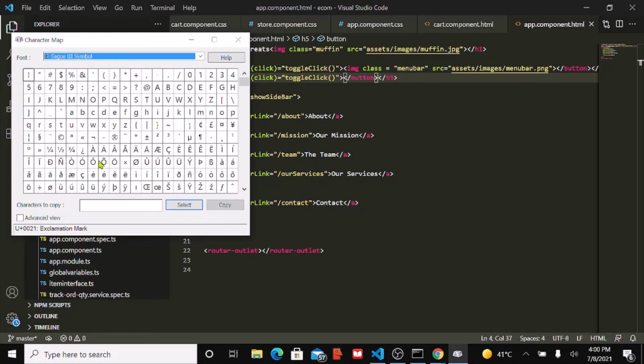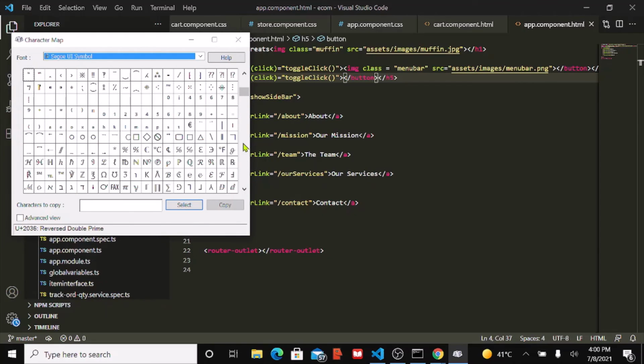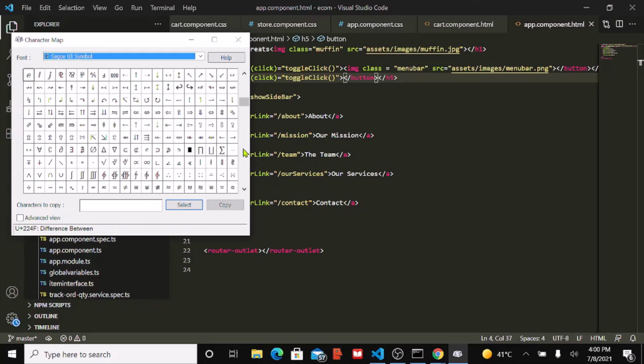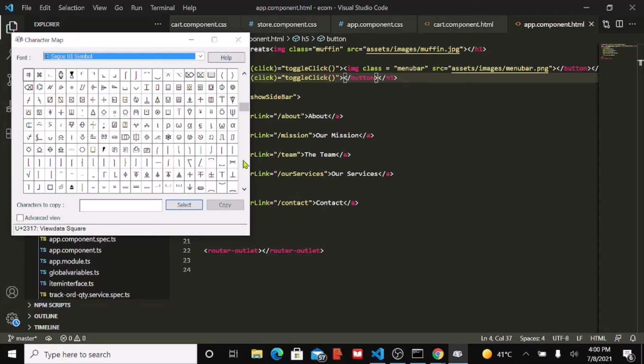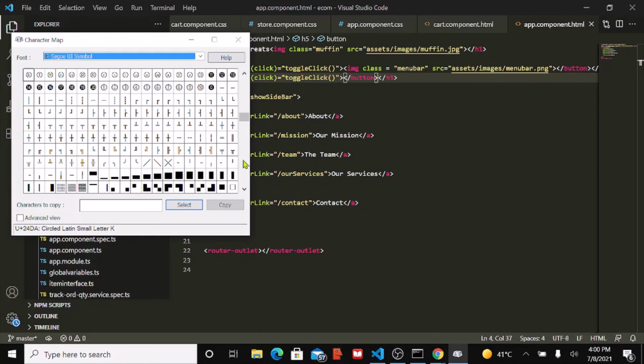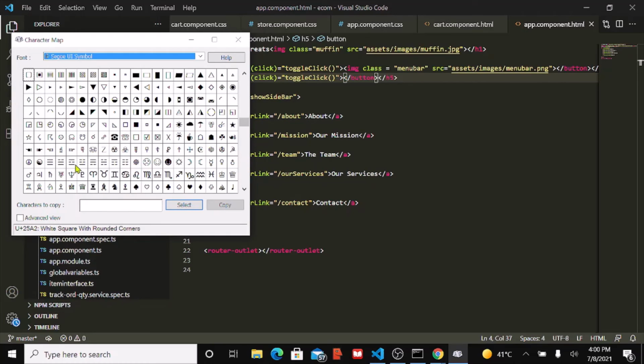So just select that set, and when you scroll down, you will see a symbol that can be used as our menu bar, and there it is. It's called Trigram of Heaven, as you can see when I mouse over it. All you need to do is click on it, select it, and copy that